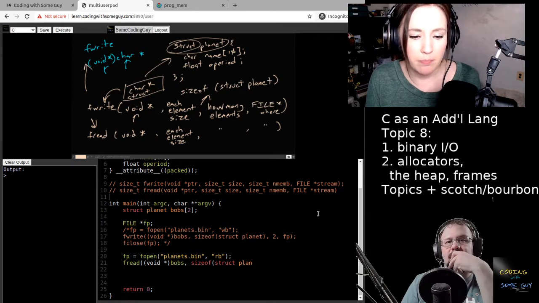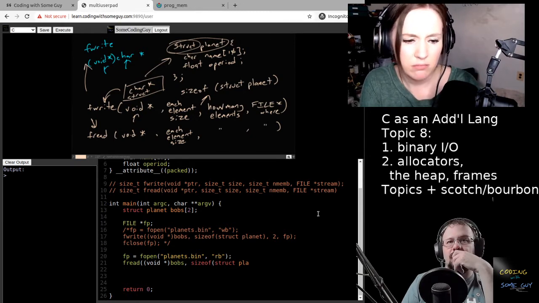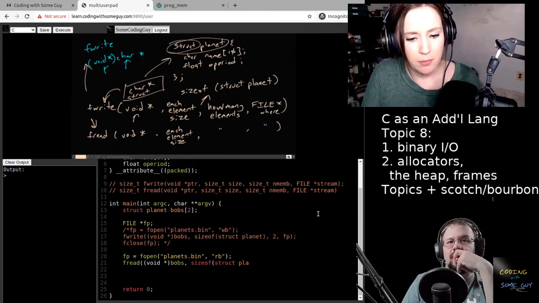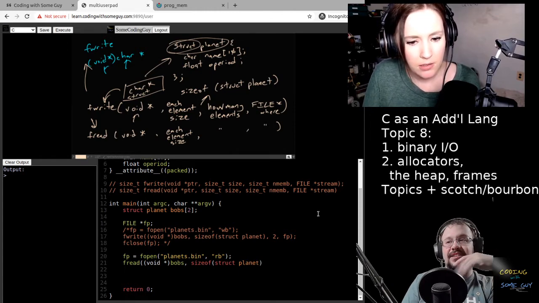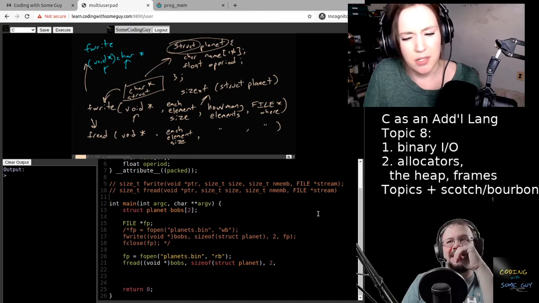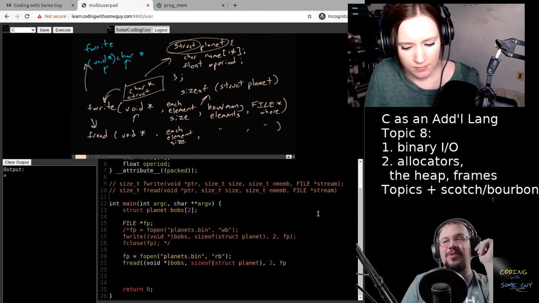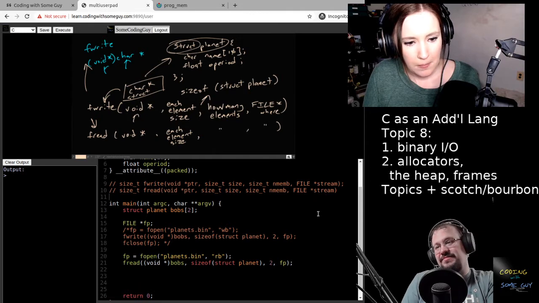Well, so we don't have struct. Nope. Hang on. Nope, we're fine. I'm good. All right. Oh, we still have planet defined. Yeah. There was just a brain fart moment where I was like, wait a minute. We'd better know what structure this thing is, because otherwise C is just going to write it however you want.